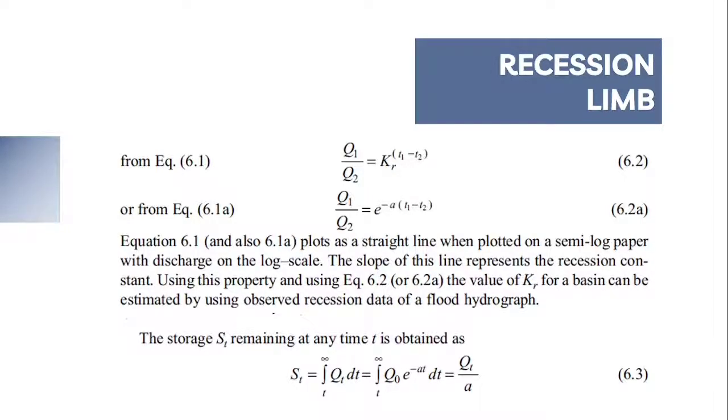The storage S sub t remaining at any time is obtained as S sub t equals the integral of Q sub t dt from t to infinity, equals the integral of Q naught times e raised to the power of negative a t dt, again from t to infinity, equals Q sub t over a. This is our equation 6.3. So that's all about the components of hydrograph and the first two subtopics for